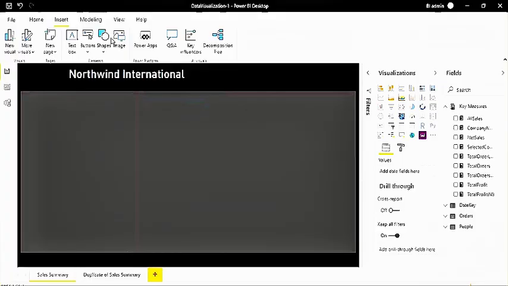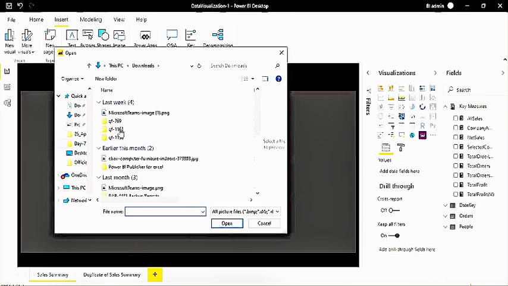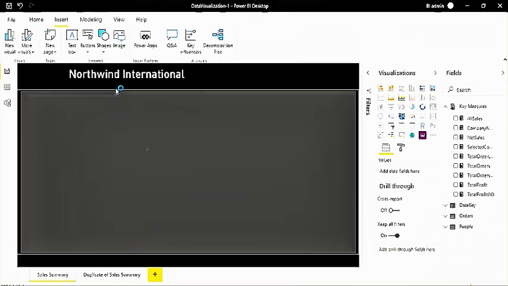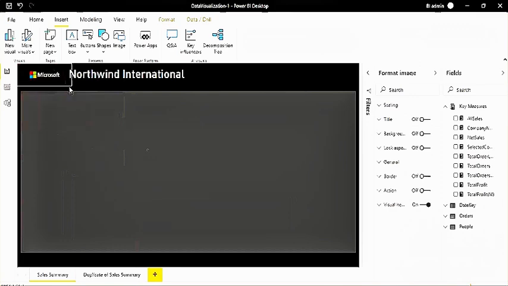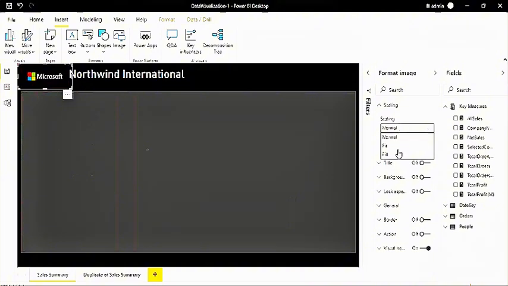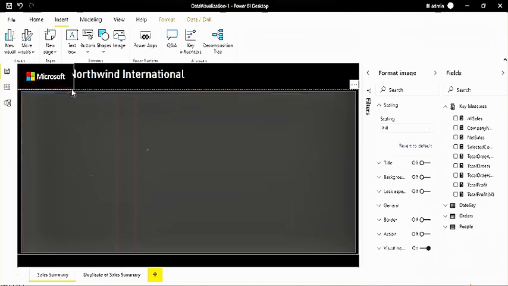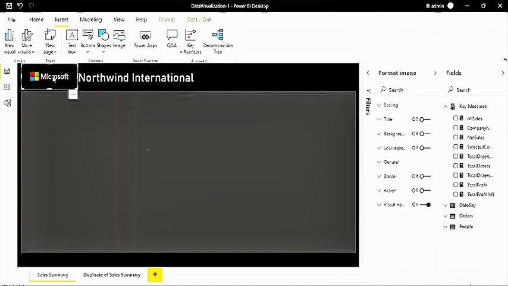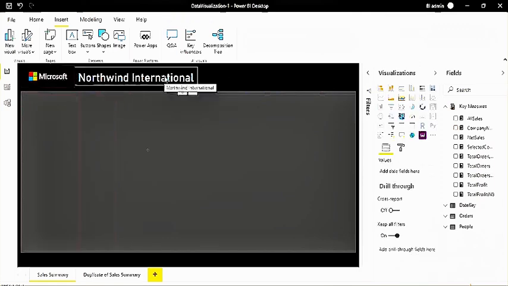All right, so now I have this company logo here. Click on image and go to the folder, just pick it. You can do the scaling. Just select fill. Yes, it's perfect. In data visualization, there is not anything technical, right? Everything is like the usage of the features and the combination of your colors and the combination of all the properties, all the features which you have in Power BI.